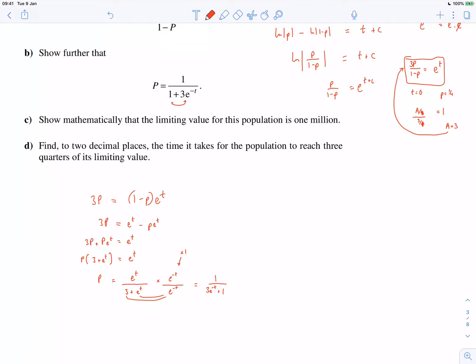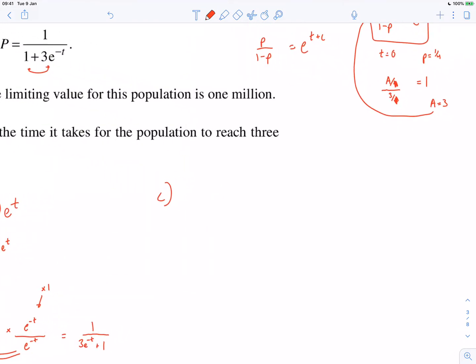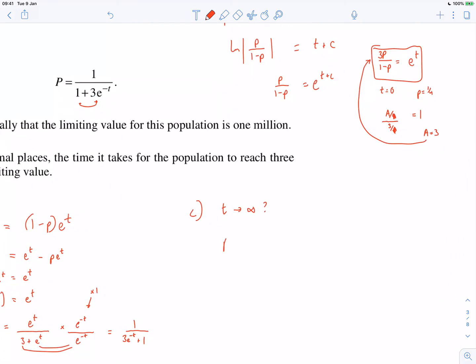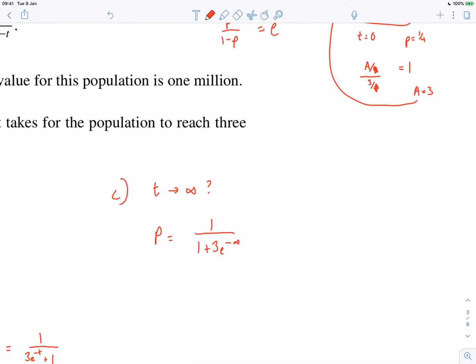Okay, show mathematically that the limit, so this is part B. Part C, show mathematically that the limiting value for this population is 1 million. Okay, so what does it mean by limiting? Well, what happens when t goes on for infinity? Well, you're going to get p equals 1 over 1 plus 3 e to the minus infinity. And what does it mean, e to the minus infinity? Well,